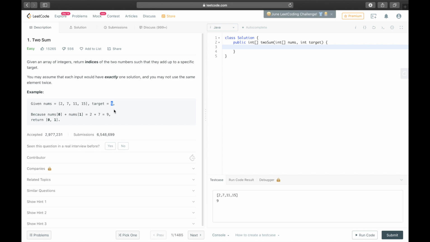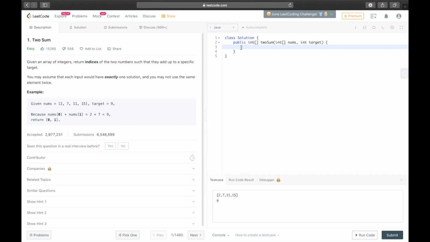So we have two ways that we can follow in order to get the result that we desire. First method is referred to as the brute force method, and it is a simple method. I will demonstrate that method first, then I will move on to the second method, which is called the hash map method, which is a lot faster in comparison to the brute force method. The time complexity for the brute force method is n square, whereas the time complexity for the hash map method comes out to be big O of n. So it is a lot faster. So let's get into the coding aspect of this particular question.